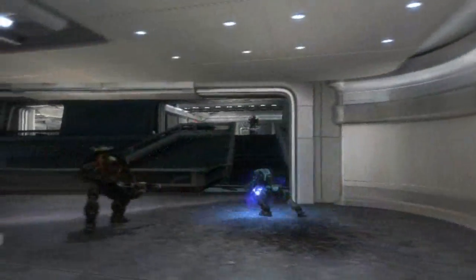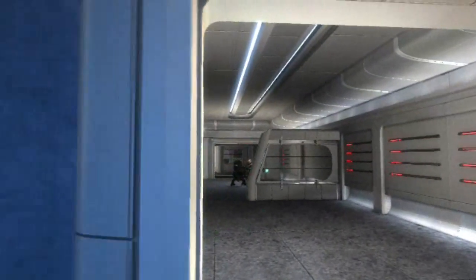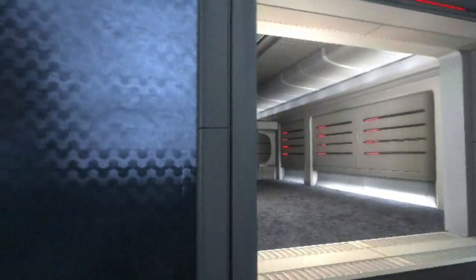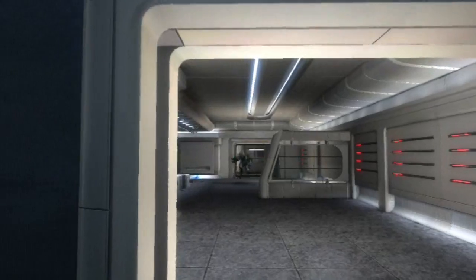I eventually dash over, run up the stairs here, and I'm not hoping to actually take anyone out. All I want to do is get their attention, because that seems to trigger Noble Team to push up. So now the Elite and the Grunts there know I'm there. They're returning fire at me, and that gives Noble Team the idea that, okay, now's a good time to move up the ramp. So I'm going to back out, go all the way around,